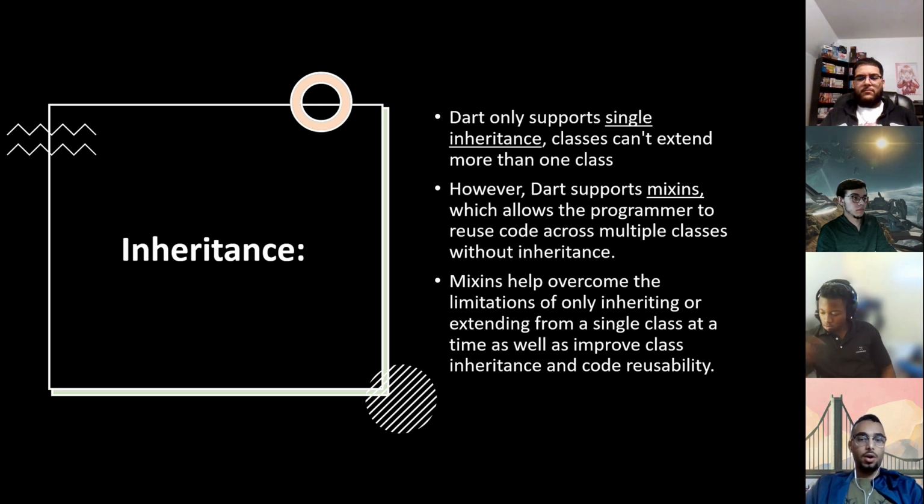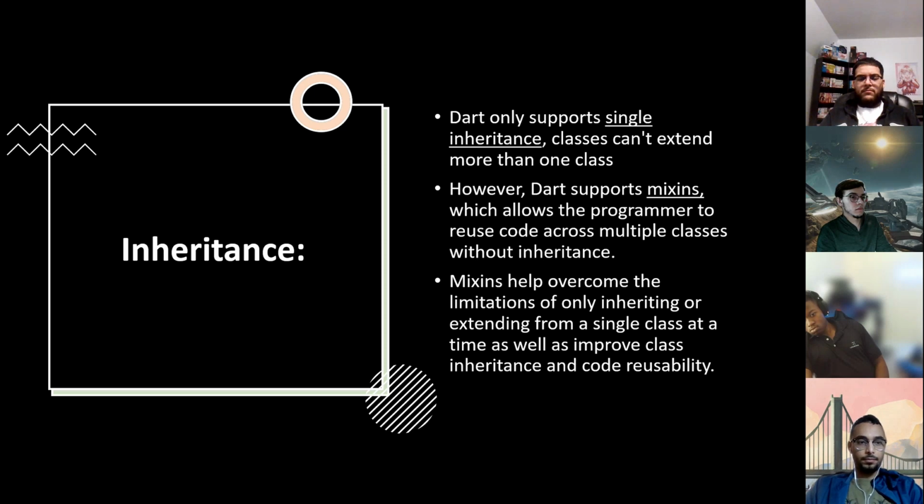Mixins are defined as other classes with their own methods, and then they can be used together with extensions or inheriting other classes to make your class more flexible. This helps overcome limitations of inheriting over only one class, and it can improve class inheritance and code